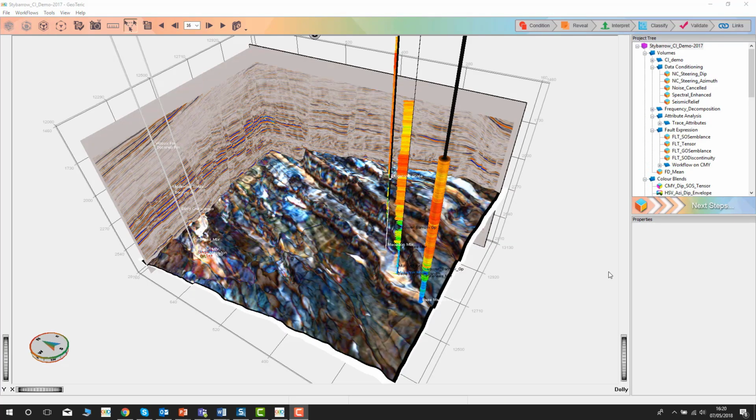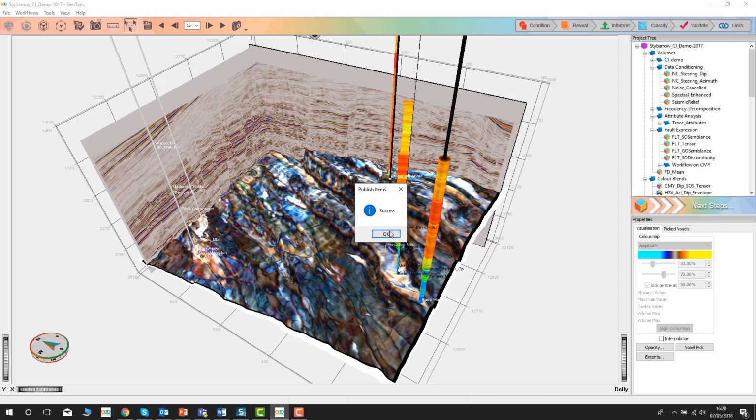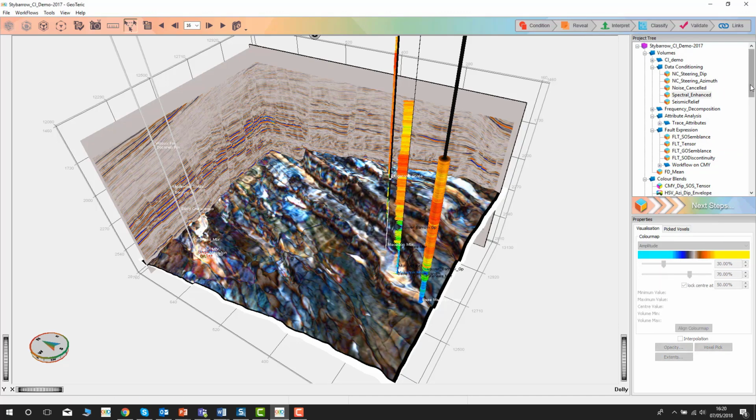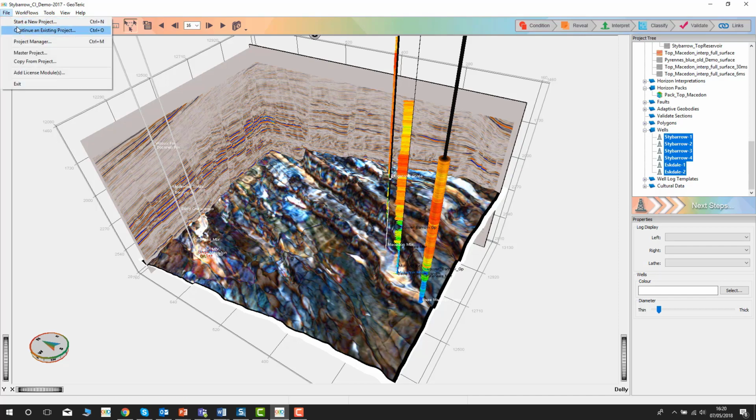Coming back to the actual master project itself, data can also be updated and published. This can be done by simply right-clicking an item in the project tree and clicking on Publish. So I'll do that to the spectral enhanced volume, and I'll also do the same to the wells. Now that the items have been published, any client project that is linked to this master project can import that data quite easily. We can reopen our client project